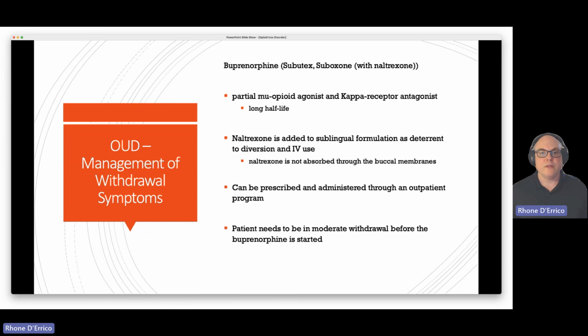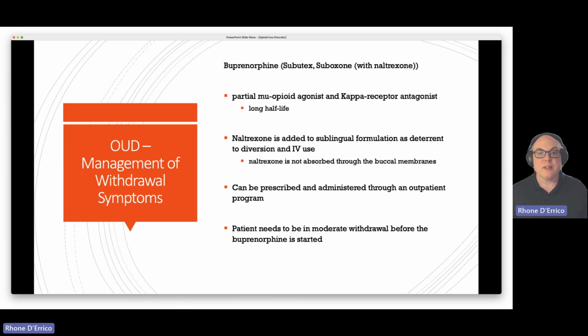So talking about buprenorphine, the brand name of buprenorphine by itself is Subutex. When you combine it with naloxone, it's Suboxone. This is a partial mu opioid agonist and antagonist, has a long half-life. So what does this mean? It does do a partial agonism of those sites. So it takes care of withdrawal symptoms. We also use it in maintenance to prevent exacerbations of opioid use disorder. Basically, they don't have that same level of craving because we're occupying those sites, but they're not getting those big highs because it's only a partial agonist.